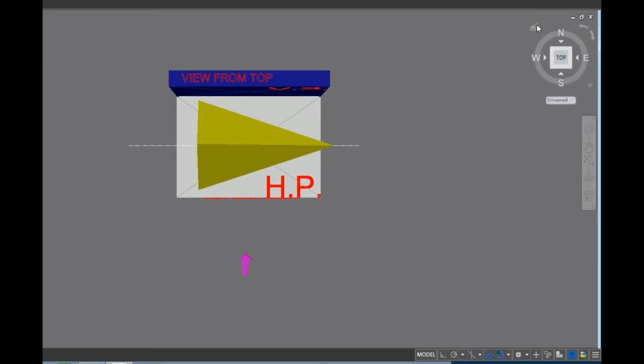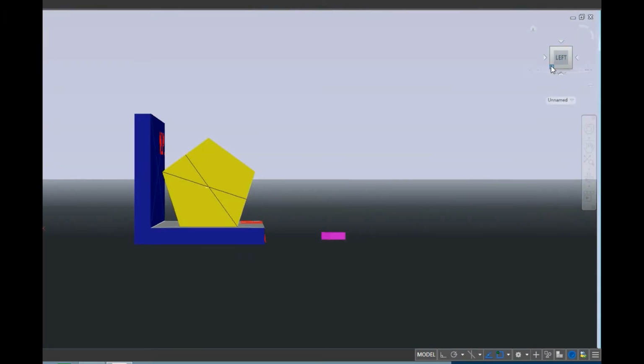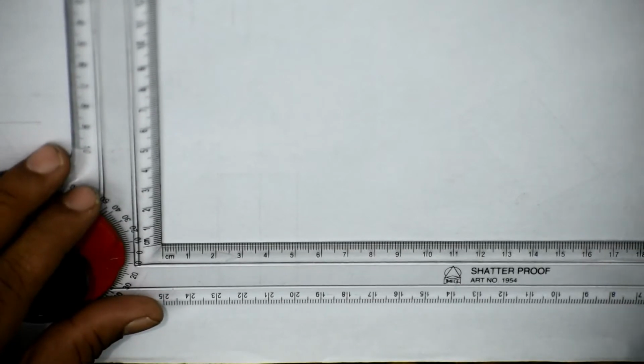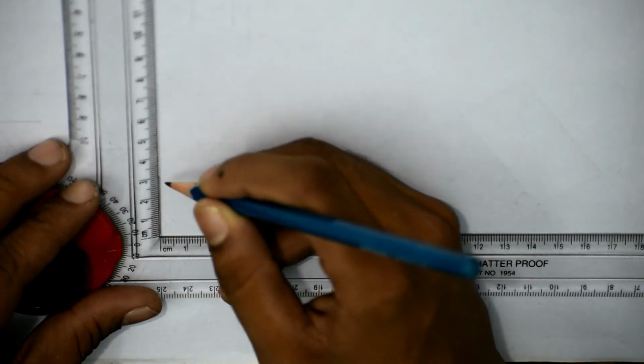Now as the axis is parallel to both the planes, first we have to assume and draw the side view, which is a pentagon. It is a direct regular geometrical figure. That is why we will draw the pentagon first, and then after getting its dimensions we will start the front view and top view. Now we will draw this. Again we are assuming, as we have assumed, that this is resting on the horizontal plane. I will draw the top view first with a 2H pencil.